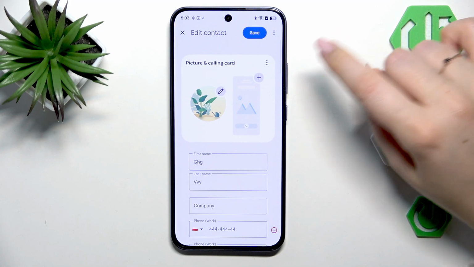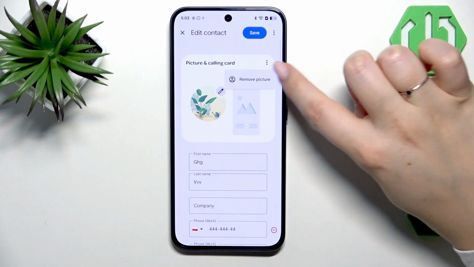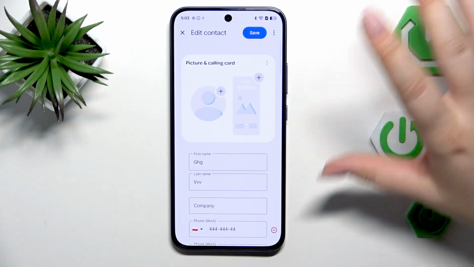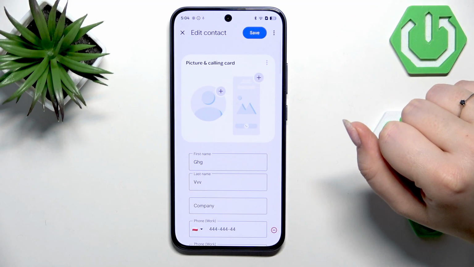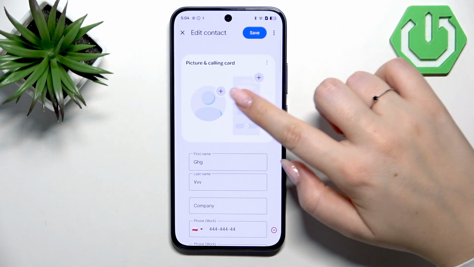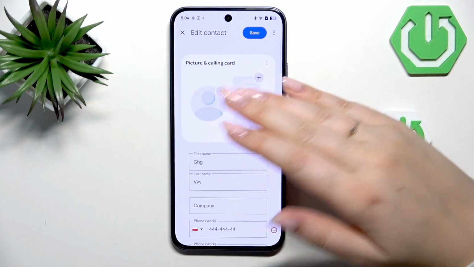Let me quickly remove the photo, so here 3 bars icon and remove picture, and this is what you will see after entering the contact without any kind of photo assigned. So all you have to do now is to tap on this plus icon,